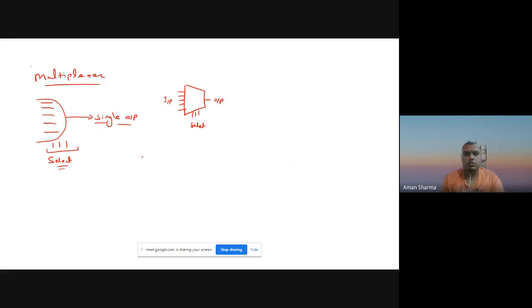So inside this multiplexer box, what logic gates are present? Let us see that a multiplexer comprises of a single kind of logic gate, that is your AND gate. Suppose you are making a 2:1 multiplexer, then you will have two AND gates. If you are making a 4:1 multiplexer, then you will have four AND gates. So first of all, let us see the 2:1 multiplexer. We will have two AND gates